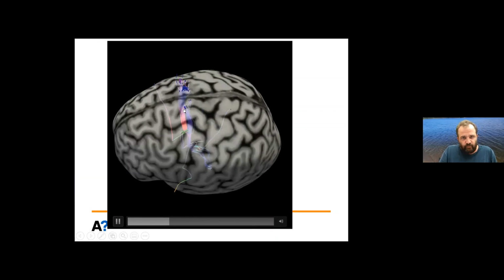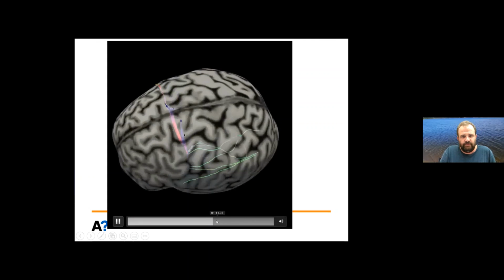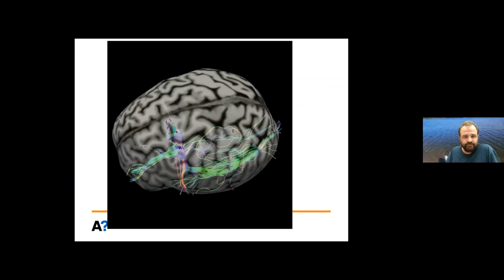We check, the cursor represents the middle of the coil actually. So we check whether there are sites in the SMA that are connected to the speech network. And here, this is one, but as you will see, it is actually connected mostly to the other side. And then if we move forward, we will eventually see a site that is connected to the speech network.